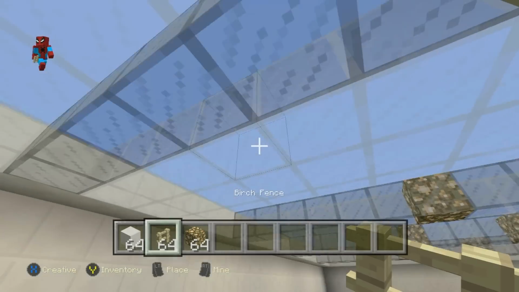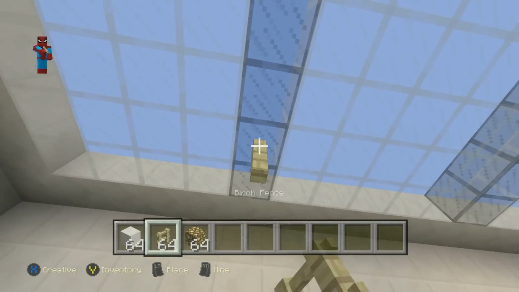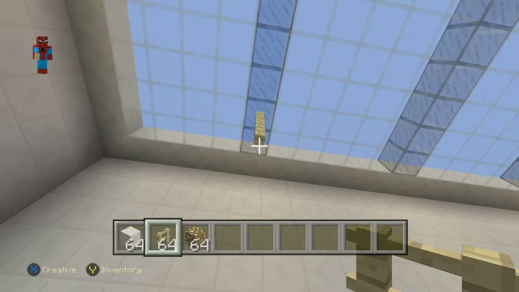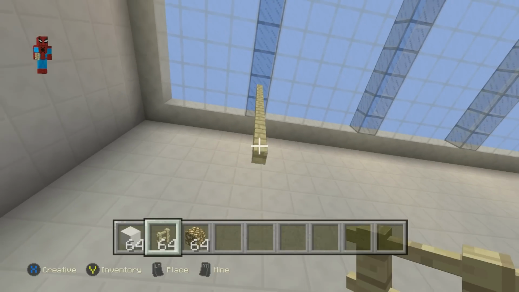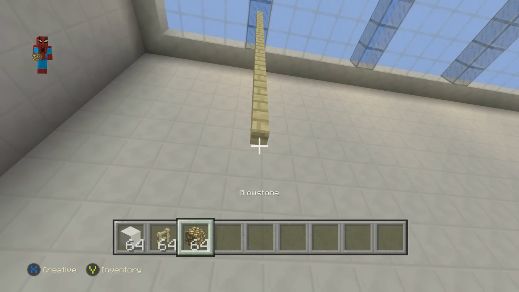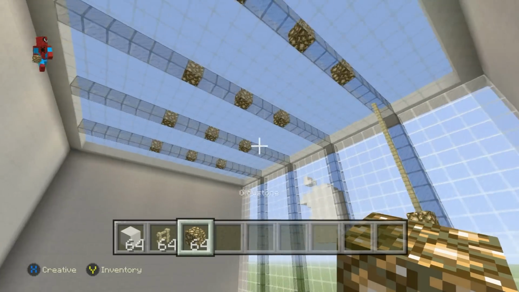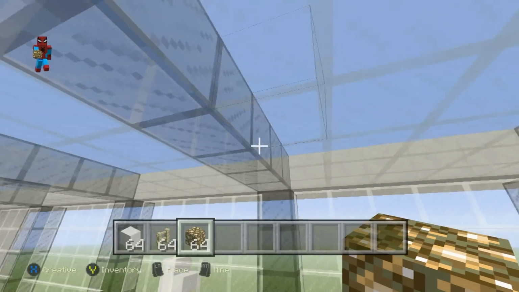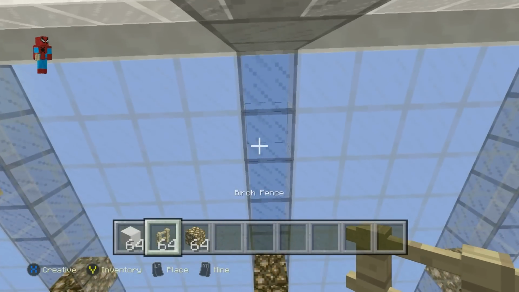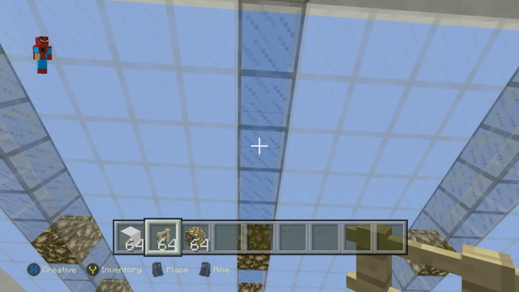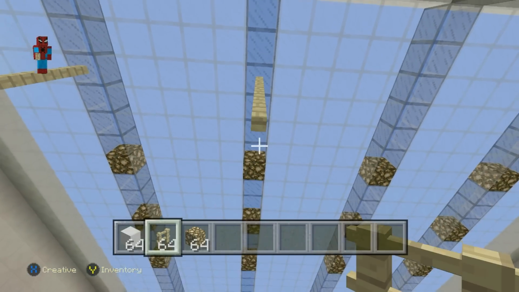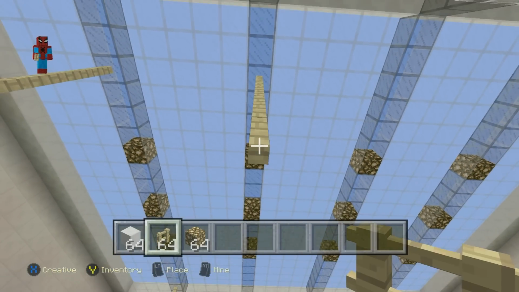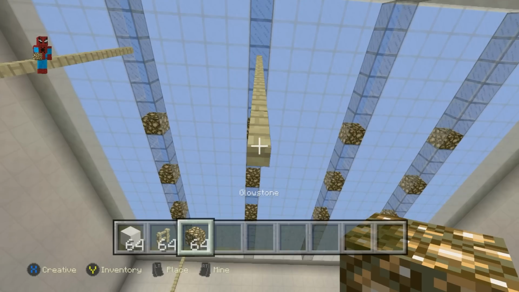Do the same on the back. So on the back here we want to do 1, 2, this is tricky, 3, 4, 5, 6, 7, and 8, then a glowstone underneath. We want to do this coming all the way across, so where we have the black glass here now, we want to come to the third block here, do a row of 8, that'll be 1, 2, 3, 4, 5, 6, 7, and that'll be 8, then glowstone.